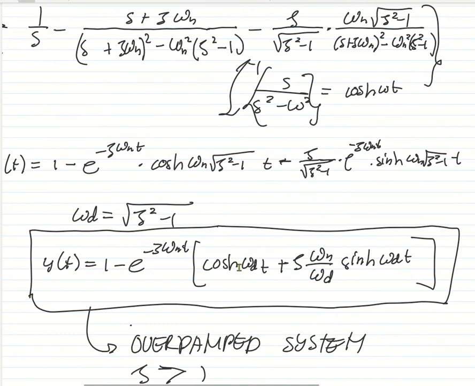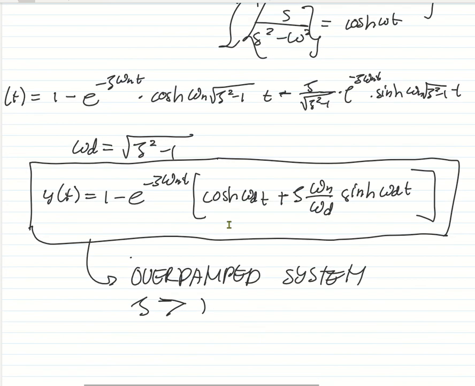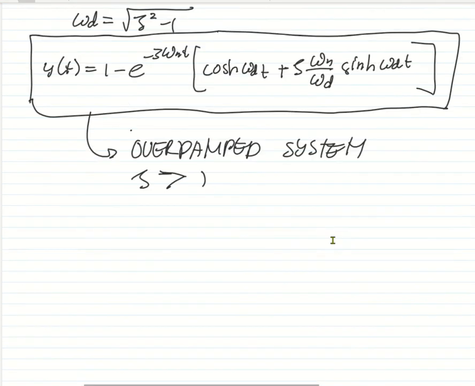So if that is 0, omega d will become 0. Then this will be cosine of 0, and this will be sine of 0. So what is cosine of 0? What is sine of 0? So the final